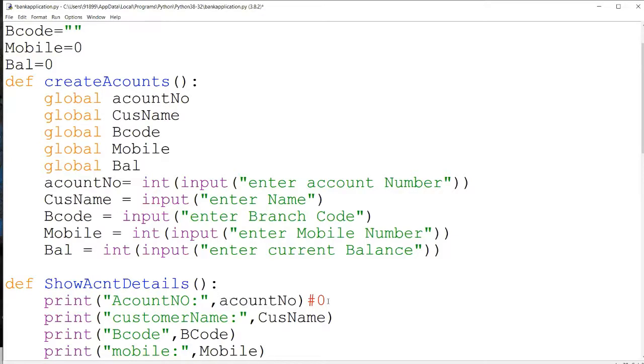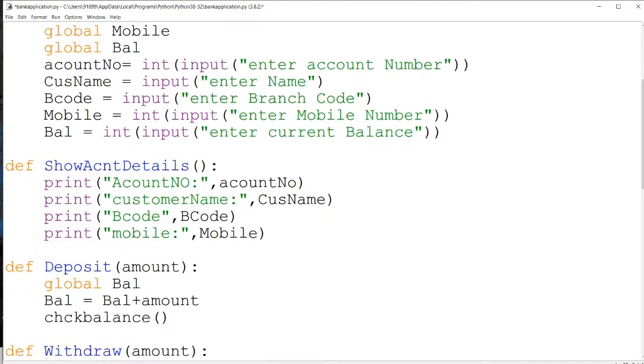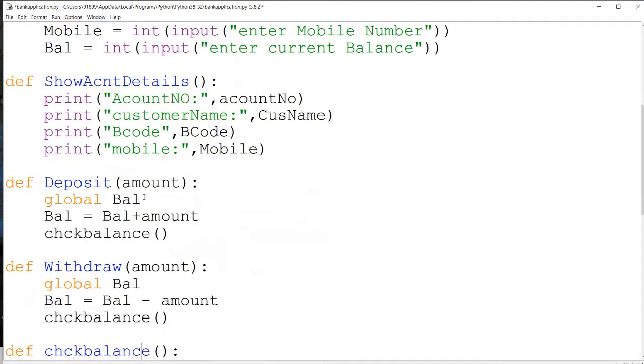Sir, if we want to update it again, then again we have to write global account in another function. Yes. Suppose balance is a global variable here, and I give a balance here. Then somewhere in the deposit function, I'm again using this balance. Even if you don't put this statement here, it will create another variable with the same name balance, and that will have local scope in the deposit function. So I wanted to use the same variable balance, so I should make balance a global variable.